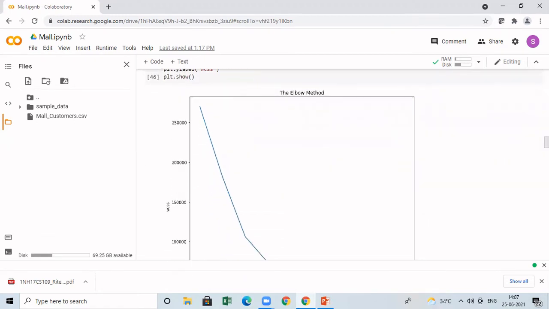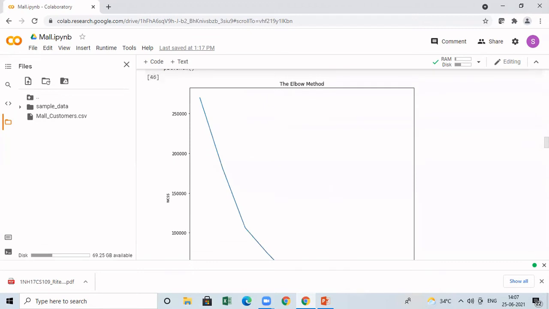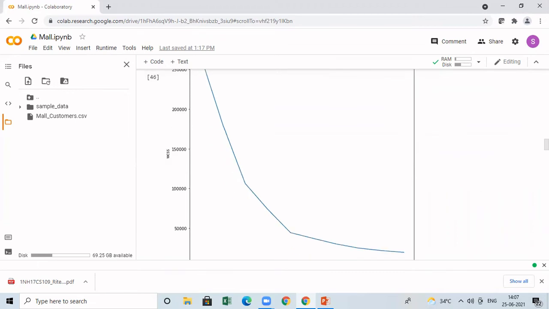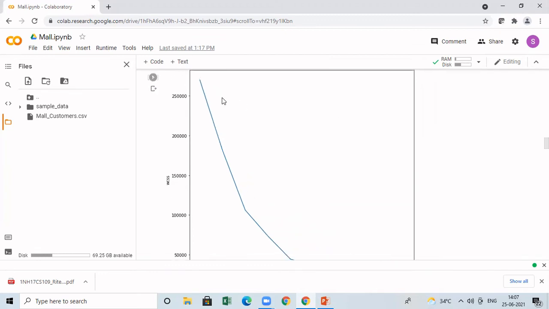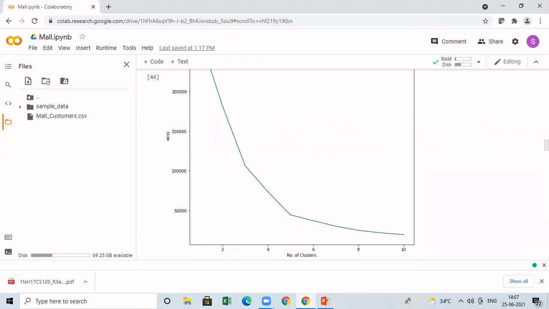So I'm getting the graph now. Now, what is the significance of this elbow curve? This method is going to tell you, when the number of clusters is changing, like you are increasing the number of clusters in the x-axis from 1 to 10, what is happening to your inertia? If you see this, the WCSS score is decreasing. That means that the error is decreasing. And it is not that the error will go on continuously decreasing when the number of clusters is increasing. It's not like that. After you reach some optimum value, there will not be that much change.